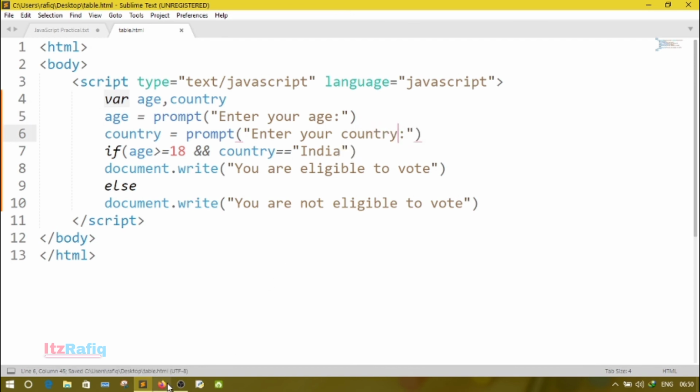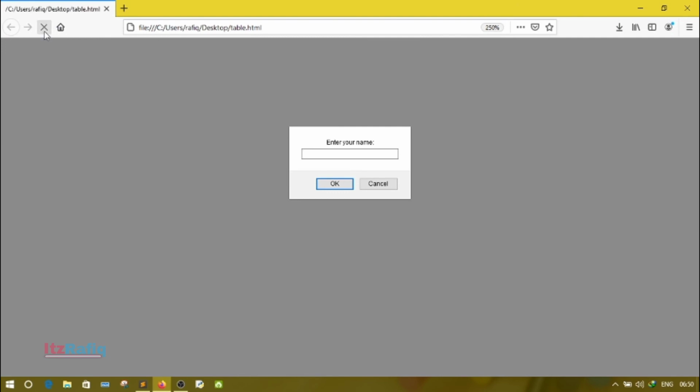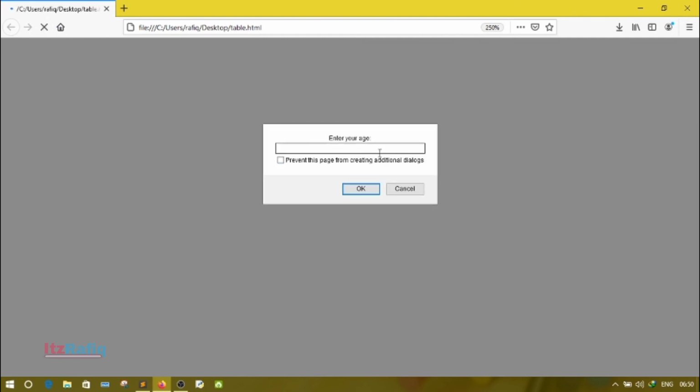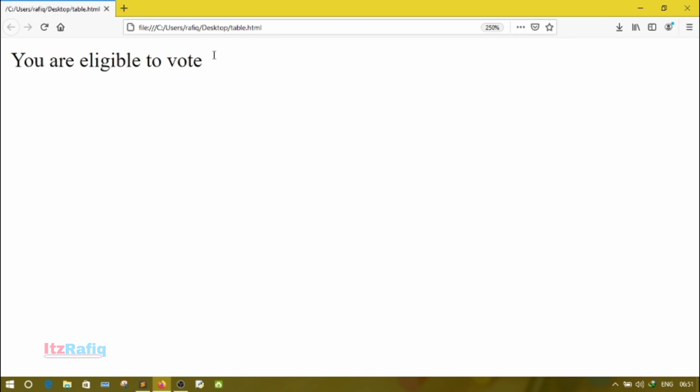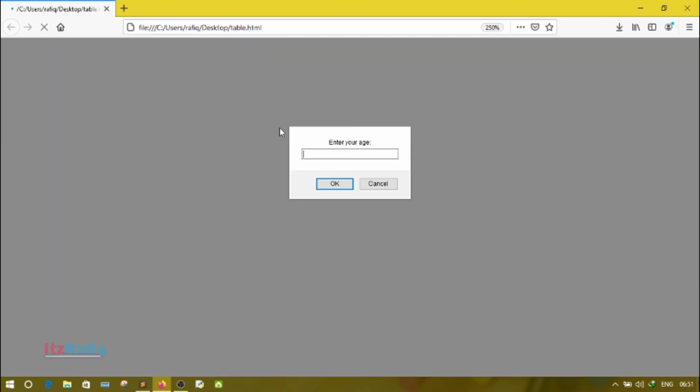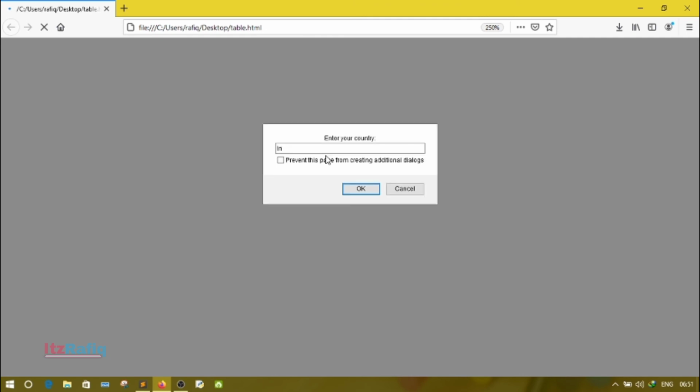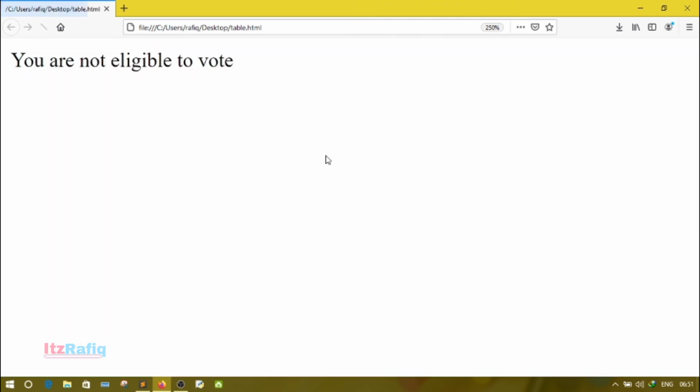Save the program, go to the browser, reload the page, enter your age, suppose it's 21, enter your country, it's India, so you are eligible to vote. Now suppose I enter an age below 18, at 17, my country is India. Now you are not eligible.